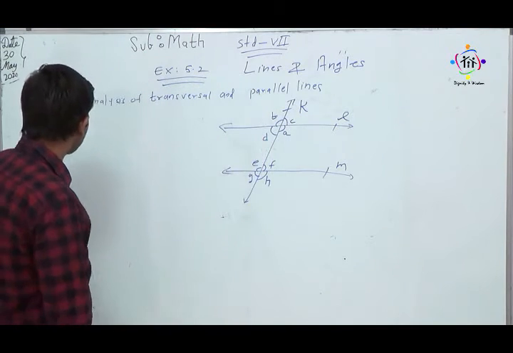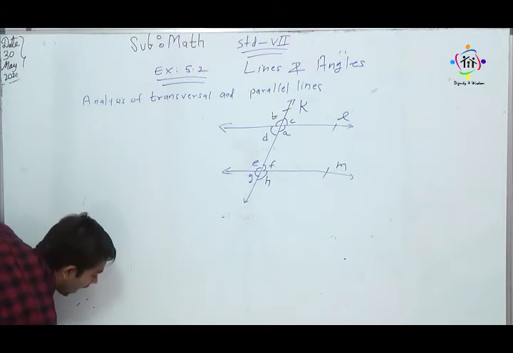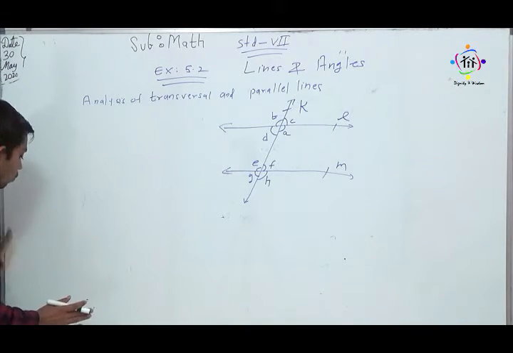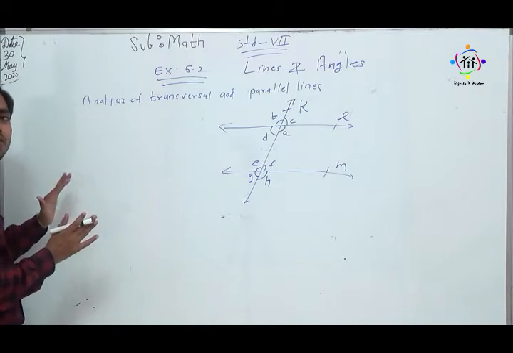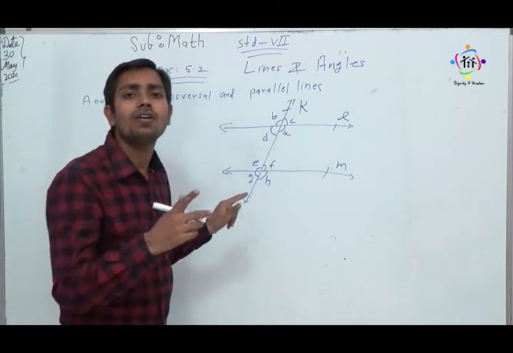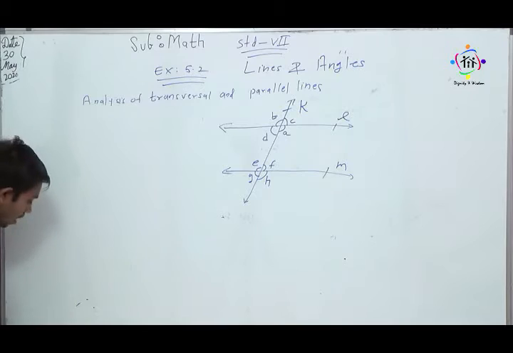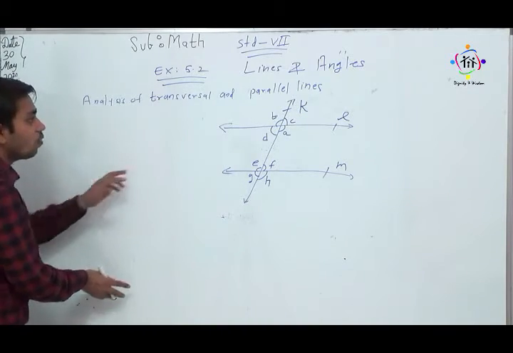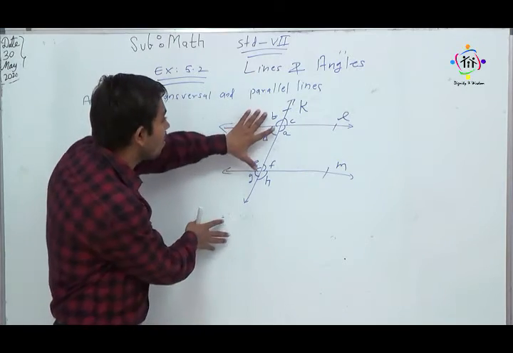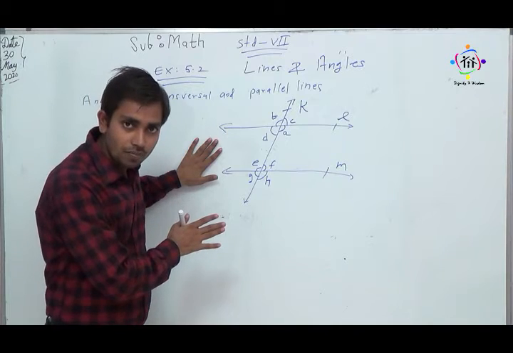If we assume this display board, this is the y-axis, this is the x-axis. The region which is enclosed by the x and y axes is called what? Plane. Look at here, my dear students. This is the y axis and this is the x axis, and the region enclosed by the x and y axes is called the plane. So this part also lies in this plane. All of you understand, my dear students?